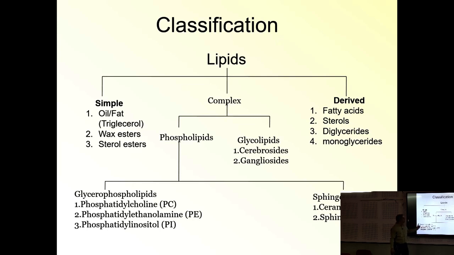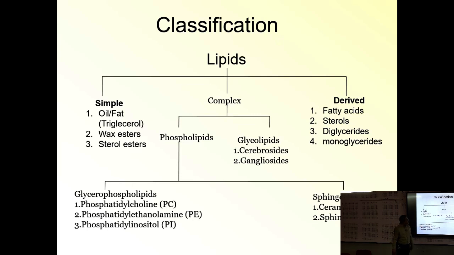Now phospholipid is also classified into two groups. One is glycerophospholipid, another is sphingolipid. Glycerophospholipid is also classified into three: PC, PE and PI. Now how will you pronounce this? Phosphatidylcholine means PC. That can also be asked in the full form. Phosphatidylethanolamine, that is PE. Another is phosphatidylinositol. These are the components found in the phospholipid and it is classified as a complex lipid.